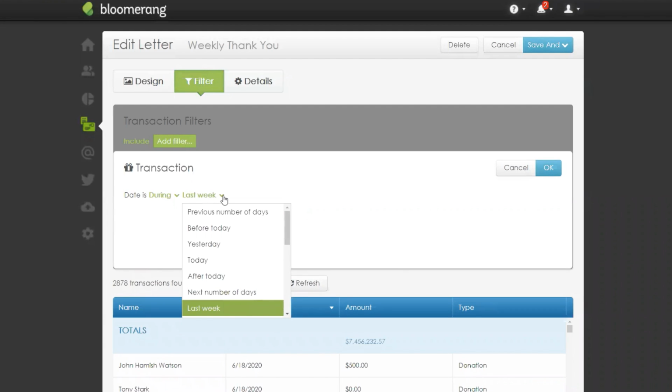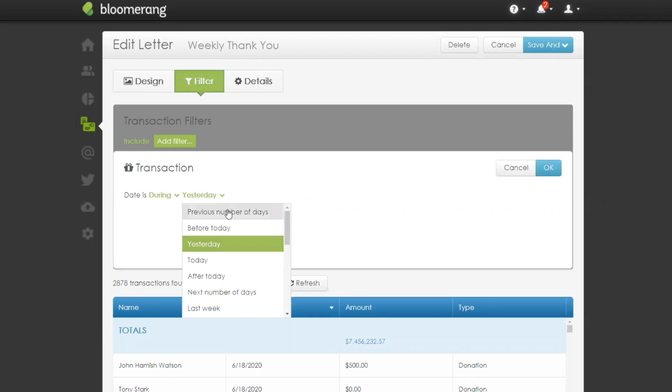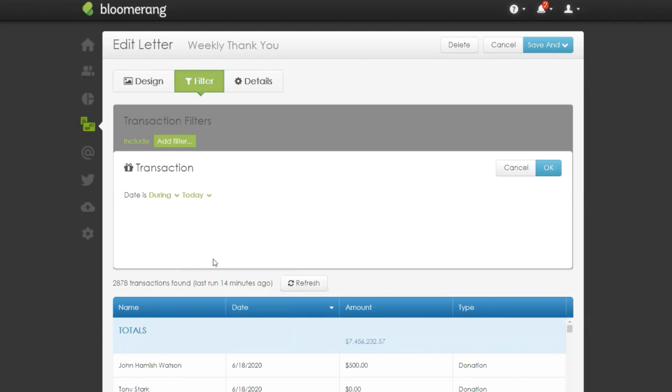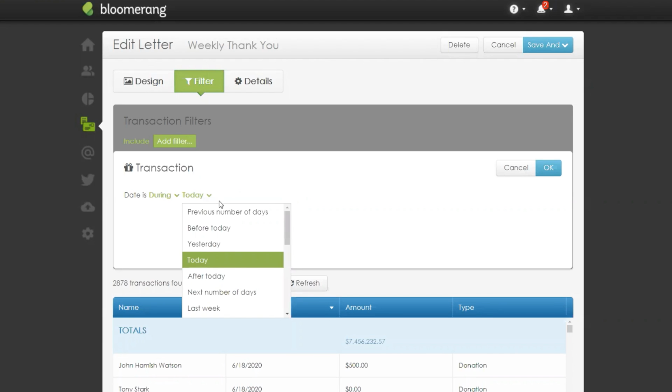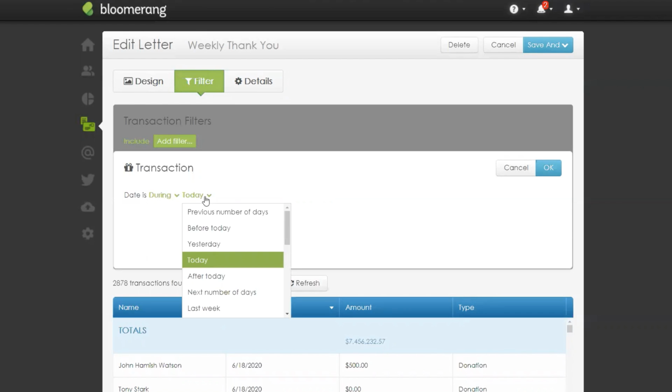Do I send that on a daily basis? Maybe I send it out the next day, so I'm filtering for gifts that may have come in yesterday, or maybe I send it out at the end of the day. I can filter for today. You can also filter for a specific date range. So if you click during and select between, that's going to give you a date picker, and you can select specific dates. What I like to use is keep it at during and